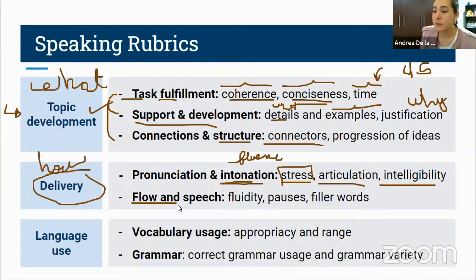And obviously flow and speech, which has to do with not making too many pauses, not using too many filler words like, like, no, you can't use those filler words too much. You can abuse those filler words. It's better if you don't make too long pauses so that you show that you're fluent. Okay, guys, that's delivery. And finally, obviously, we have language use, which includes